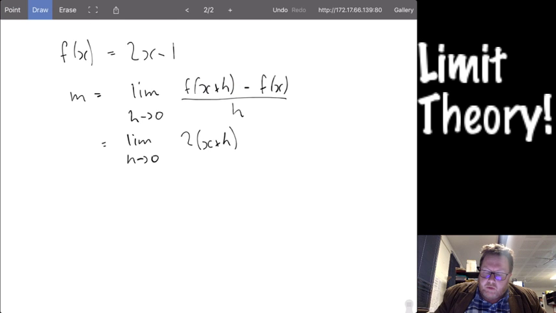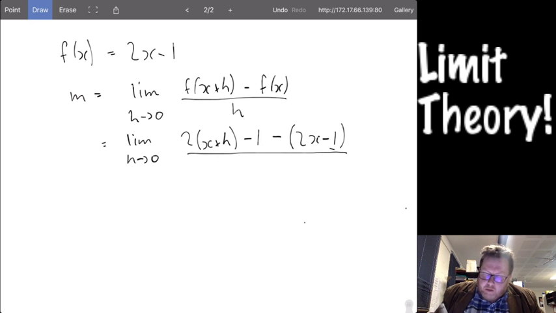Okay, so it's 2 outside of x plus h, minus 1. Okay, so that's f of x plus h. Minus, and I'll put my brackets in here because I'm dealing with negatives, and whenever I'm dealing with negatives, I make sure that I keep my brackets going just for a little bit. So minus (2x minus 1)